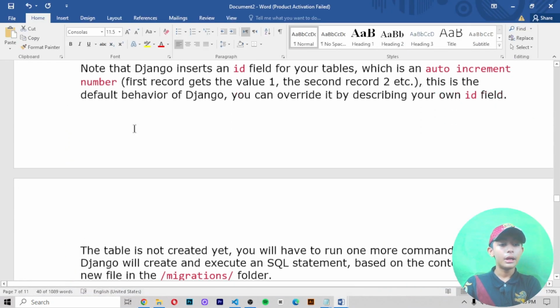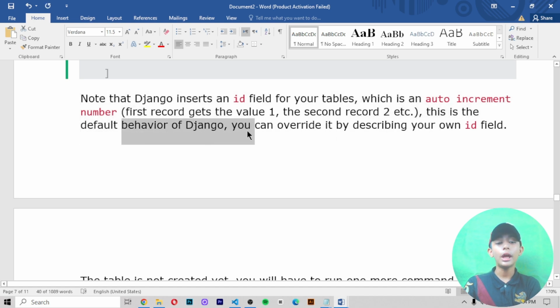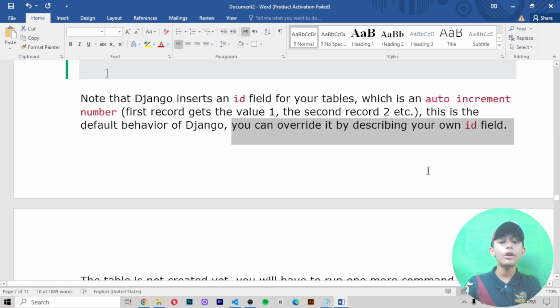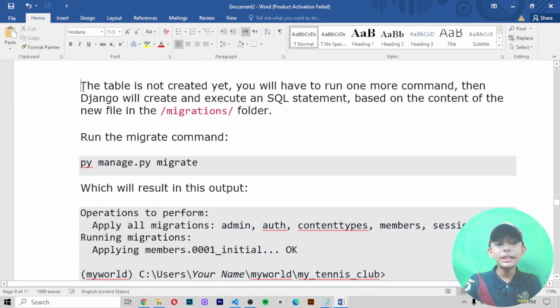Now, note that Django inserts an ID field for your tables, which is an auto-incremented number. The first record gets the value 1, the second record gets 2, etc. This is the default behavior of Django. You can override this by describing your own ID field. The table is not created yet.